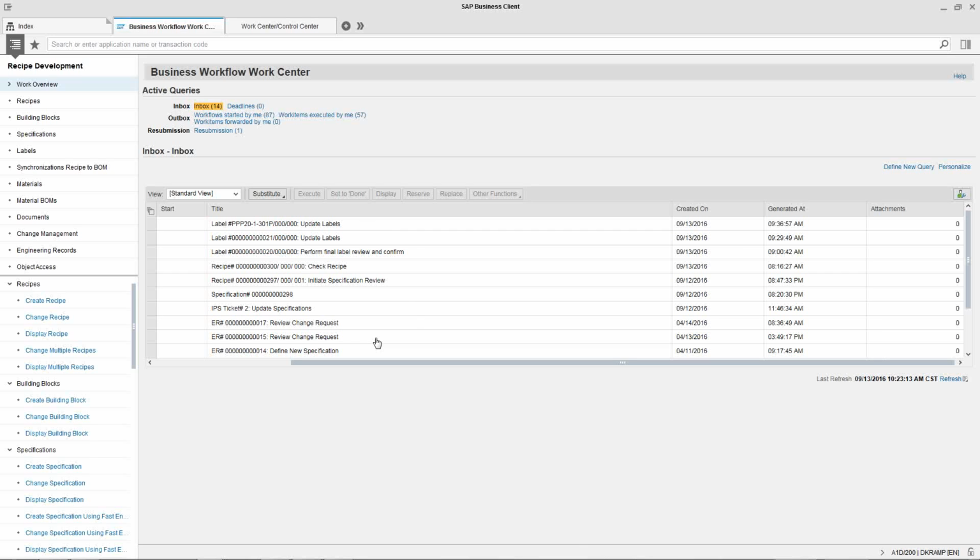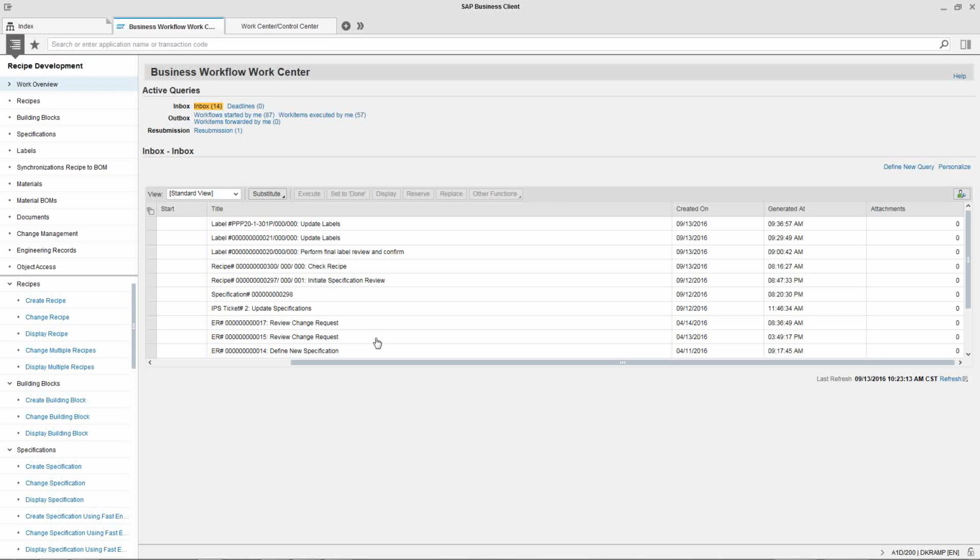So you might have a smaller, more ad hoc approach because you're doing a lot of recipes. You don't want to be tied down on a recipe, a label, or a spec to a very formal process. This is where the IPS workflow can work directly on that object